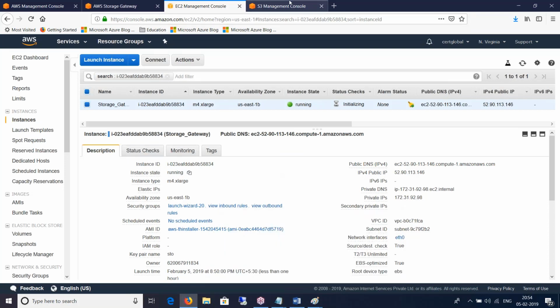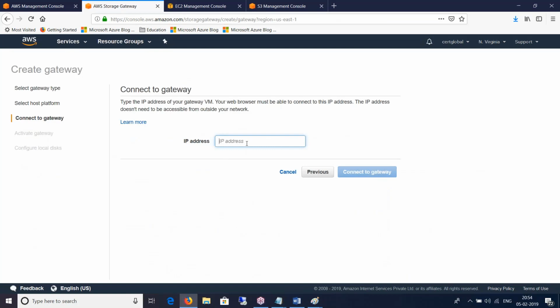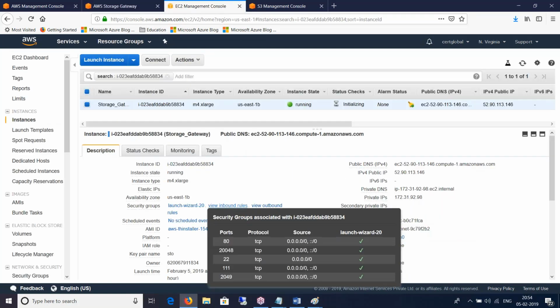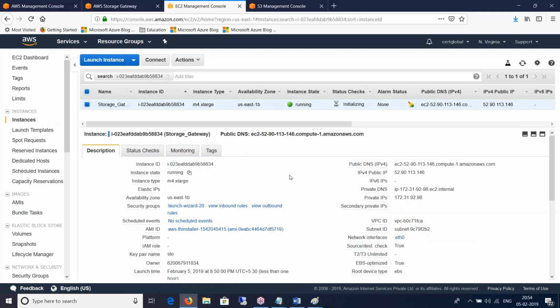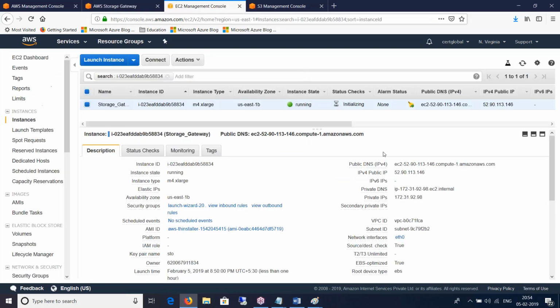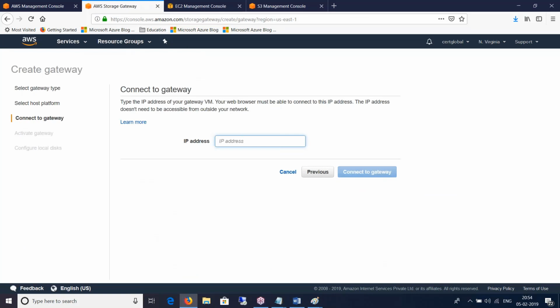You should allow it from specific IP address, which is okay in this test lab. I'm fine, but in production environment, do not put 0.0.0.0 because everybody can then access it. And the IP address of the storage gateway that I gotta put here is this. So I'll copy that and paste it like that and say connect to the gateway.